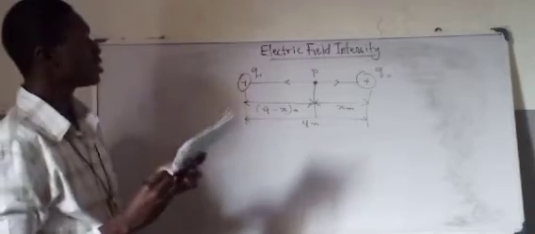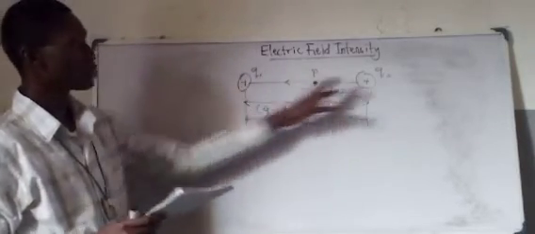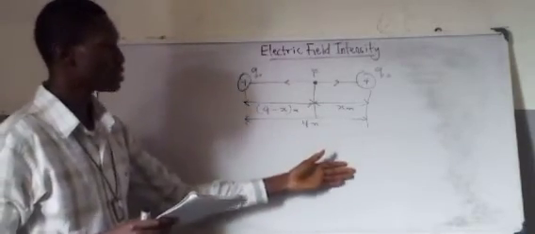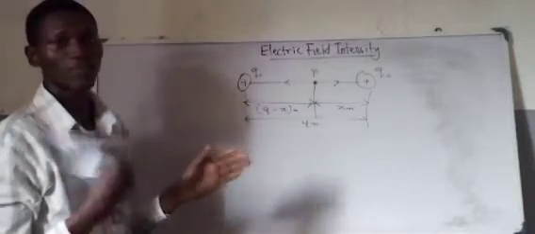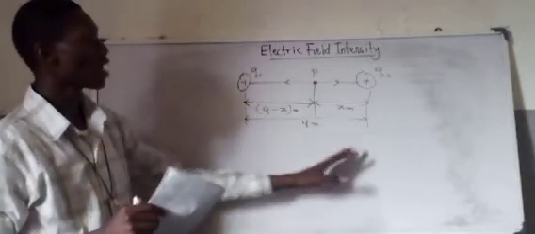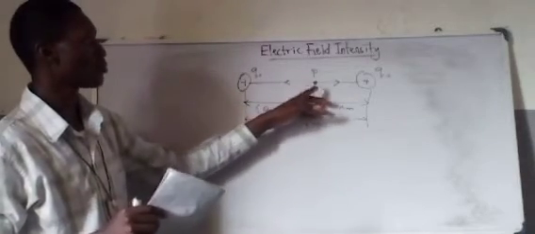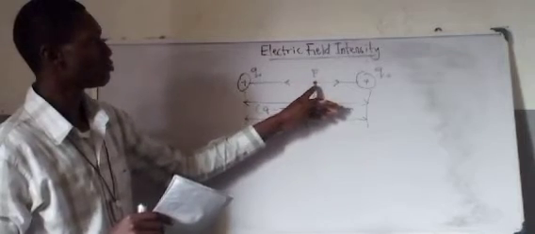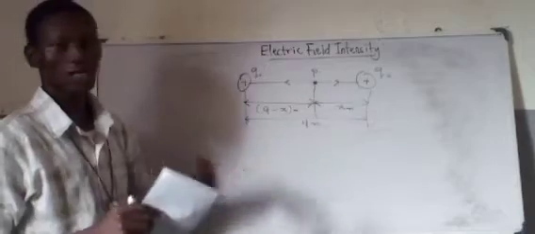So the question is, what is x? Where is the neutral point between these two charges? In the diagram I gave initially, we noticed that there was a neutral point at the center of two charges. If the two charges are equal in magnitude, the neutral point ought to be at the center. But for the neutral point to be somewhere beyond the center indicates that these two charges are not